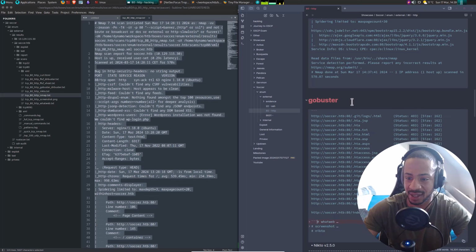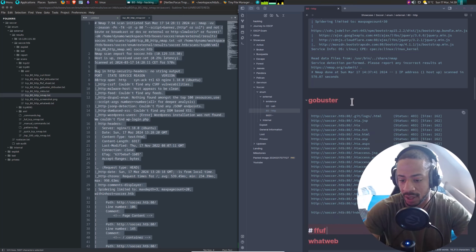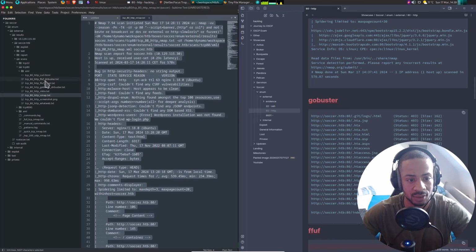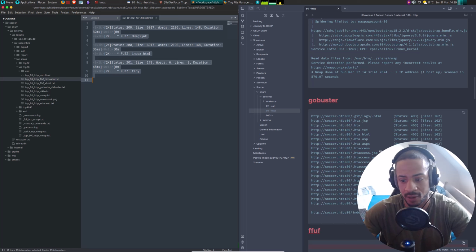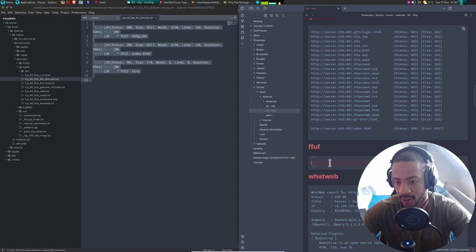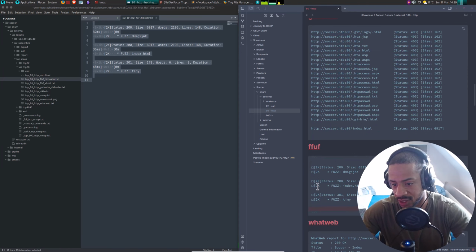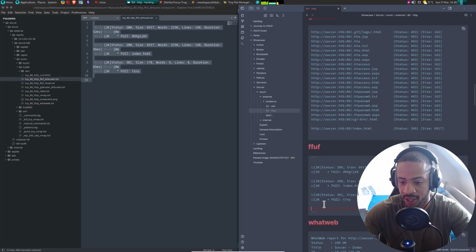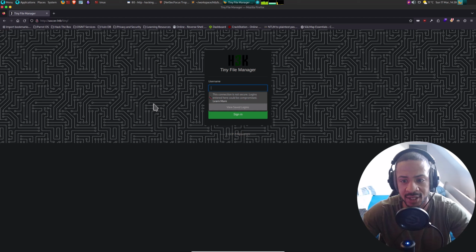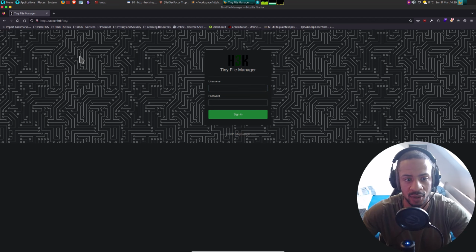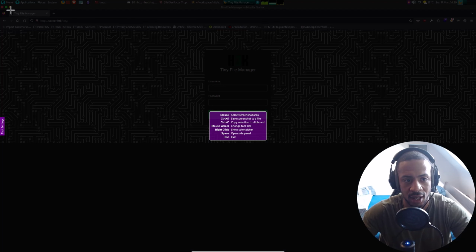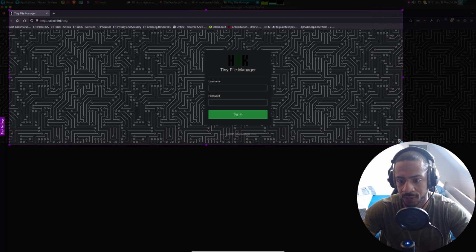Let's paste the FFUF. FFUF like this. Go to here. I know this is also ANSI, but for some reason I cannot clean that. I've tried. It doesn't work. Anyway, let's go here. Okay, so we've got an interesting little web application here.